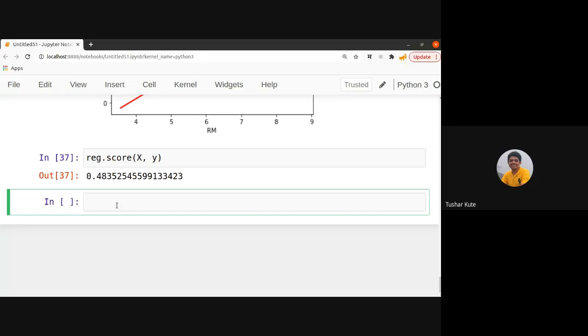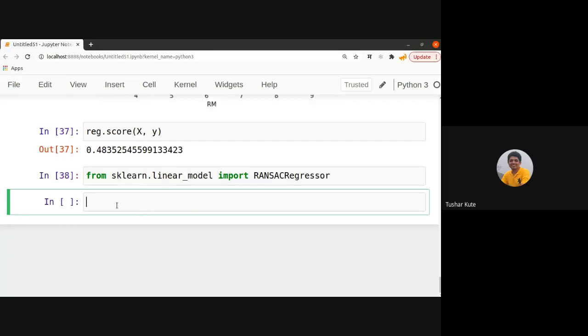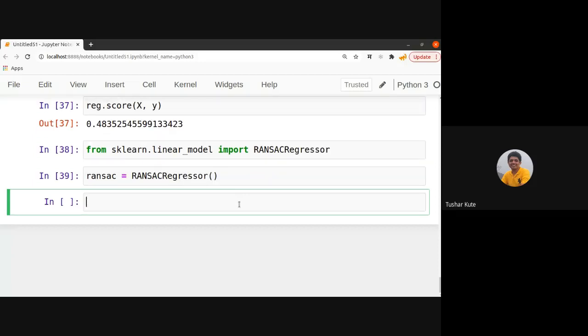From sklearn.linear_model, I'm importing the RANSACRegressor. It is used to find or remove the effect of outliers. Now I'm creating the object of it.